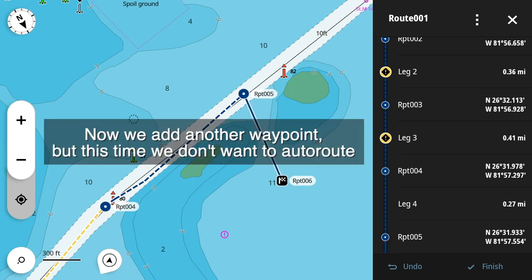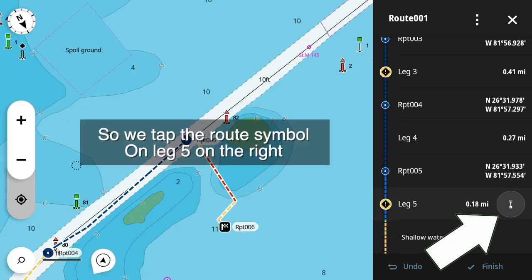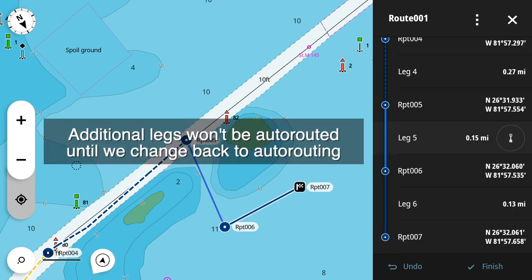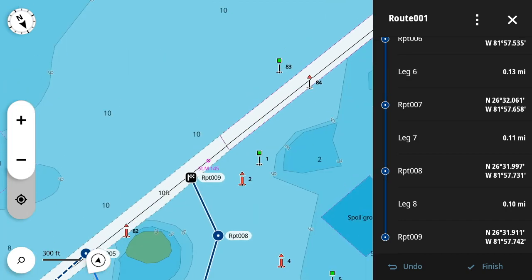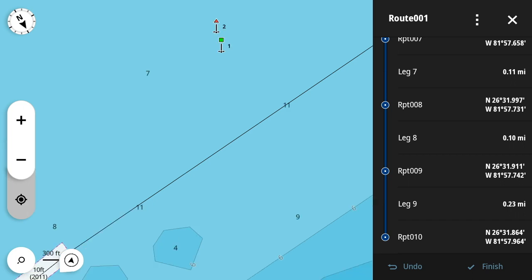But now let's say we want to do something a little different and we want to leave the channel, but we don't want to follow the auto routing. We would rather just manually plot our waypoints. So after we add a waypoint, we can tap the route symbol on the right and continue plotting manually. We've now toggled from automatic to manual routing, so new route points are not being auto routed as we add